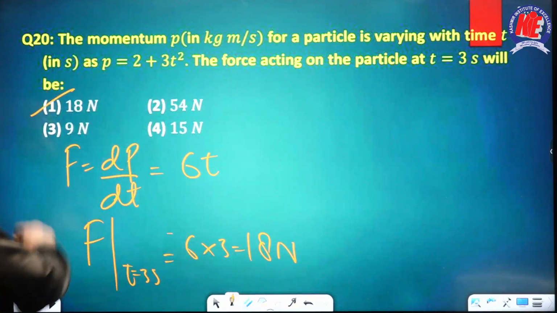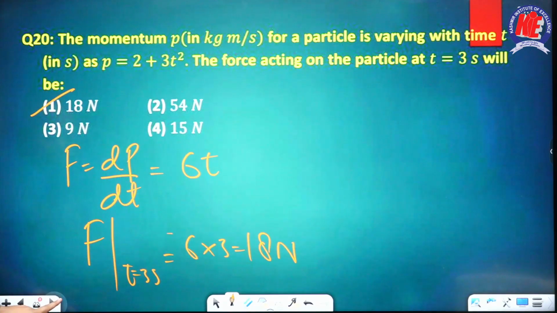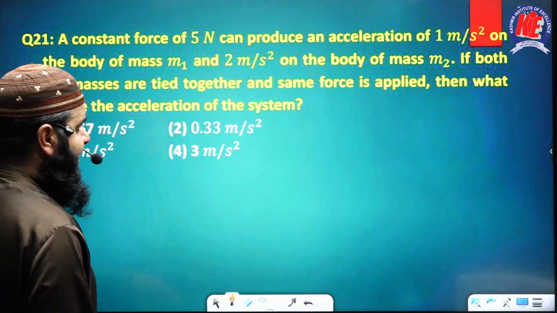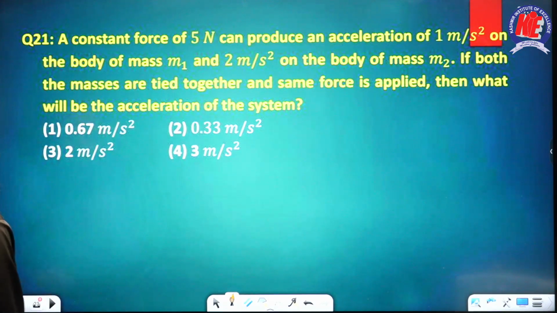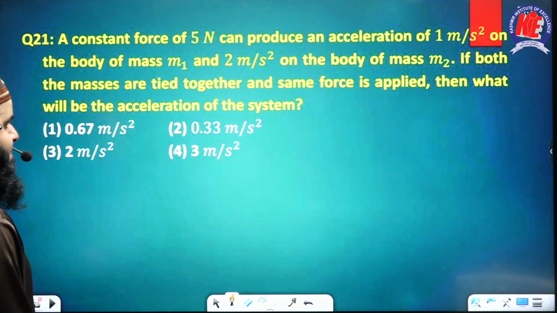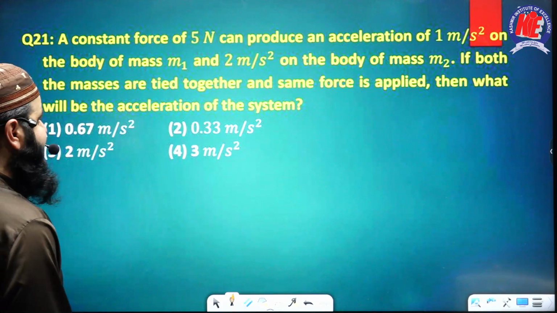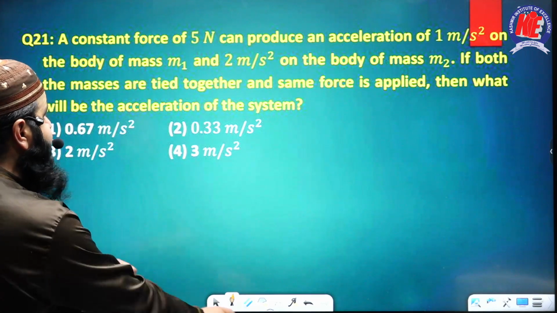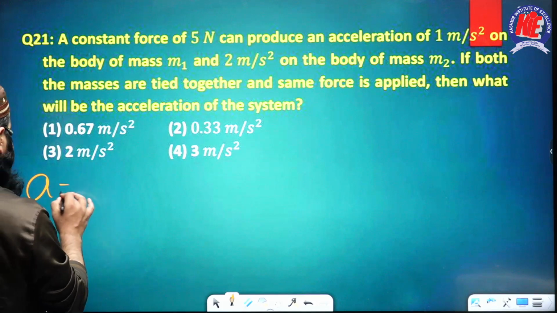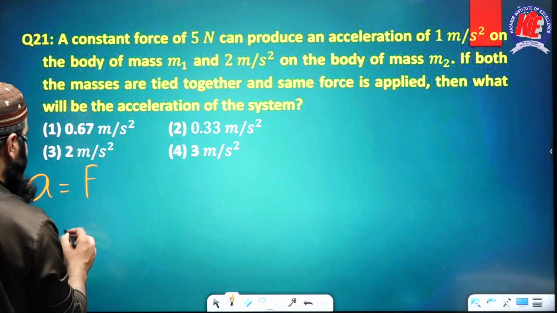Check the option. Option 1 is the right one. Next one please. A constant force of 5 Newton can produce an acceleration of 1 meter per second square on the body of mass m1 and 2 meter per second square on the body of mass m2. If both the masses are tied together and the same force is applied, then what will be the acceleration of the system? The acceleration of the system will be given by the force which you are applying, that's 5 Newton, divided by